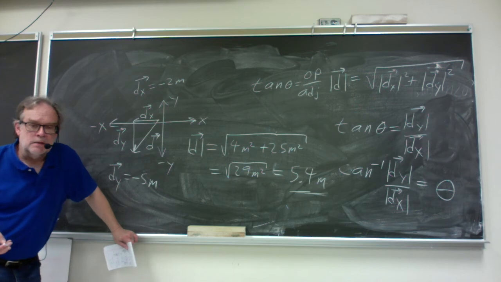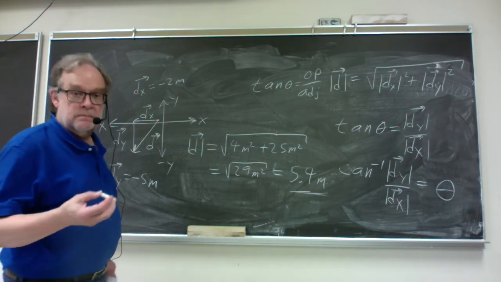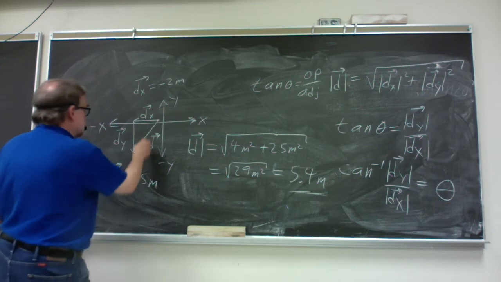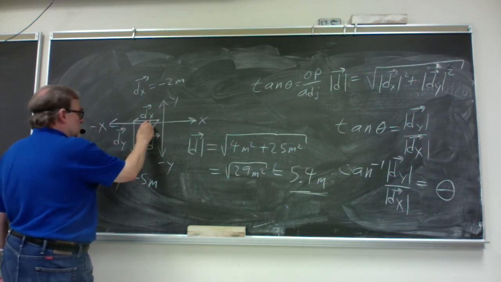That's the magnitude of the vector. Now for the direction angle. That's where we use tangent of an angle. And if we say that this is our direction angle,